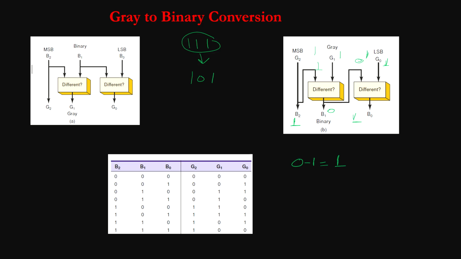Okay, 0 minus 1 is 1, and borrow will be 1. Okay, this is the rule. You can see the previous video for this addition and subtraction rule. Okay, so this is how we can see that we can have the gray to